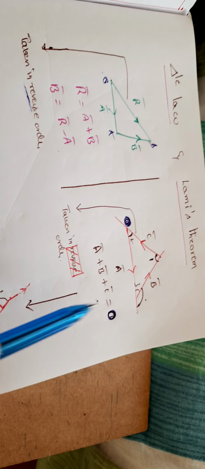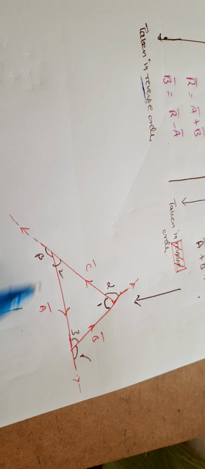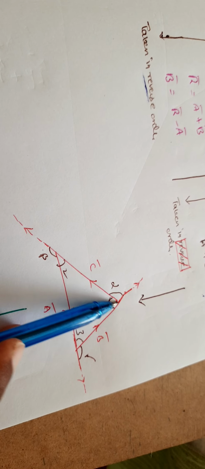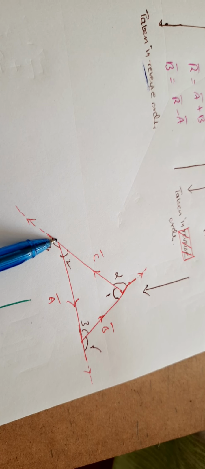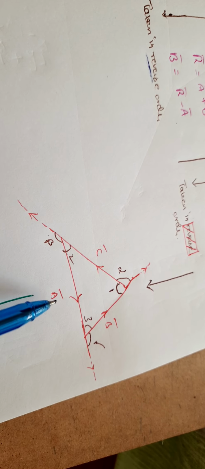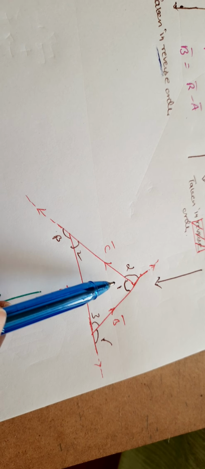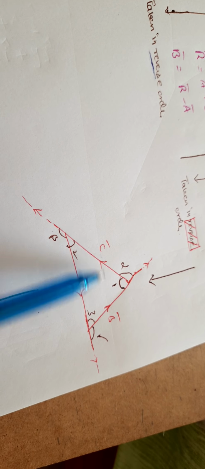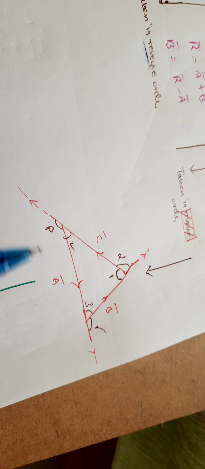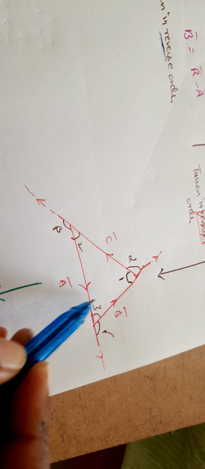Now, if this is converted into this one, suppose this is A bar, B bar, C bar, and the resultant is 0. Now let us suppose that the angle which is opposite to A bar of this triangle I am taking, not with vectors, is 1. Opposite to B is 2, opposite to C is 3. Now you see, what is the angle between A bar and B bar? This is not the angle between A bar